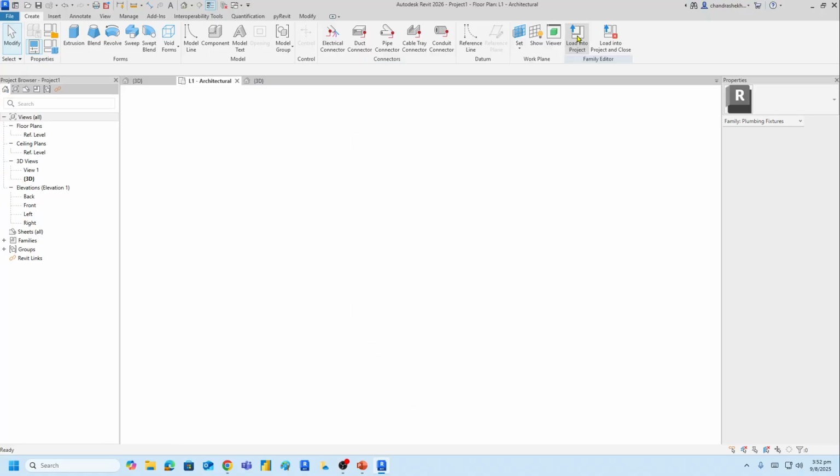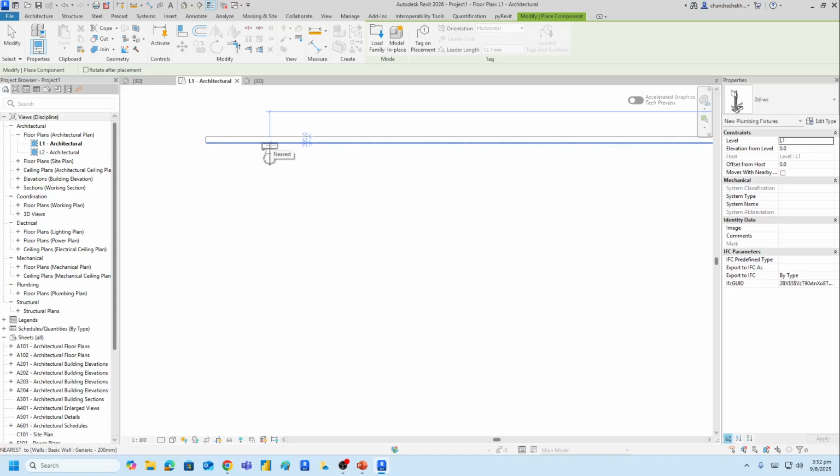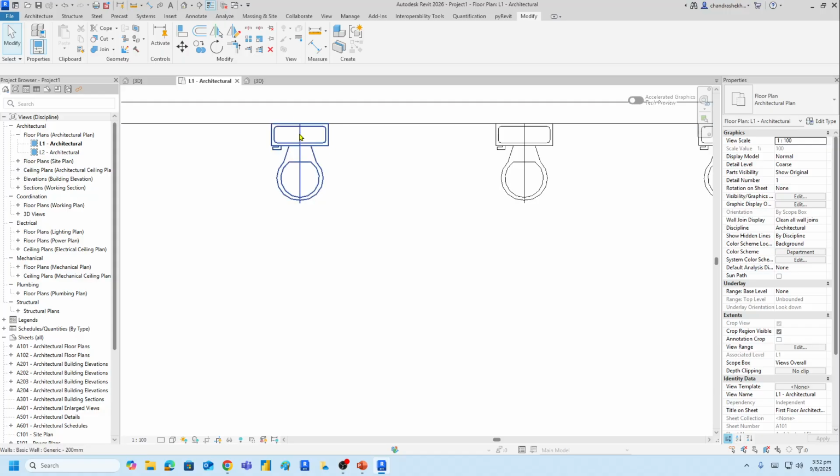Click on this, and now it will be already inserted here, because once a project is open, and if Revit is in insertion mode, then you will get your family automatically, which you can insert. So you notice here that there is this line in the center, and also if I go to my